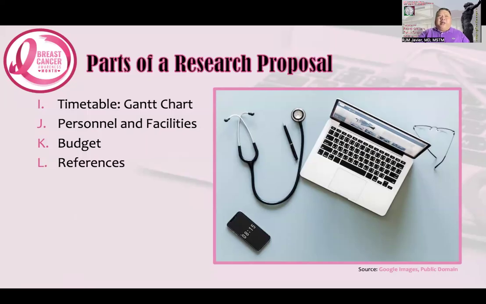As much as possible, we would prefer that you use the most recent available published data within the last 5 years or so, if that is possible. But of course, it's really case to case basis. But in general, we really want the most updated type of references to be cited in your research proposals. Appendices will also be relevant.